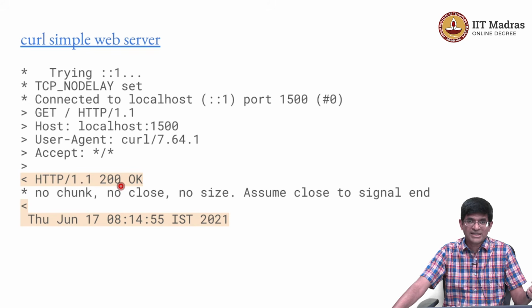And then there were 2 \n, remember, \n. One is to say go to next line, the next is leave one more blank line after that, okay. Just like in the case of the incoming requests, those 2 blank lines, or rather the one blank line over there, indicates end of headers, start of information, and the information itself corresponds to the date, okay. So it basically just responds with the date that it has over here,